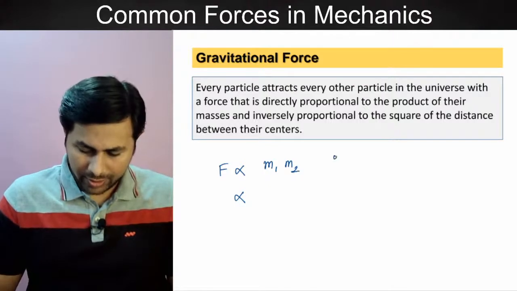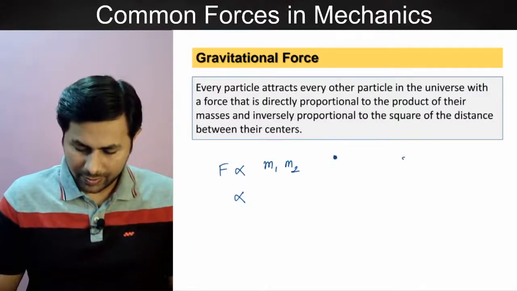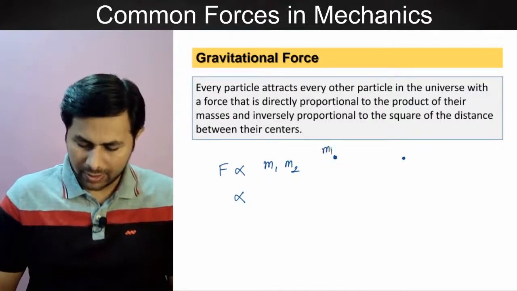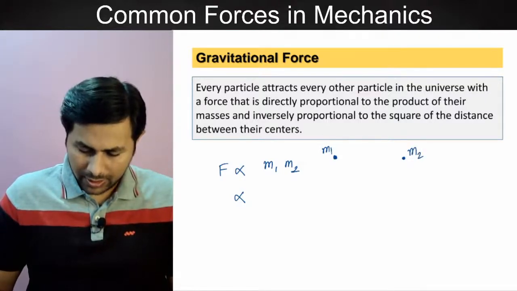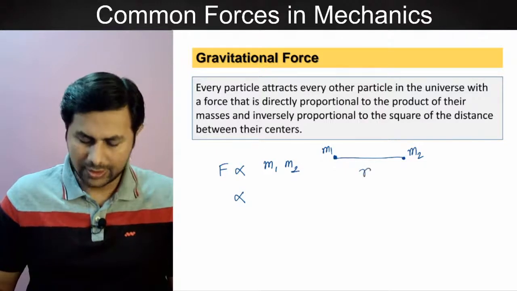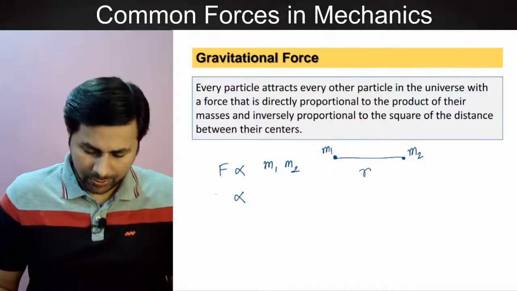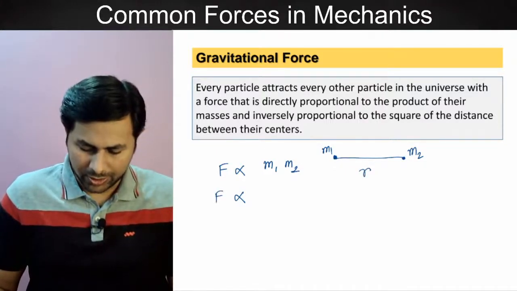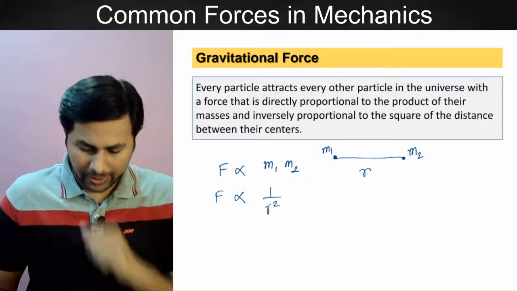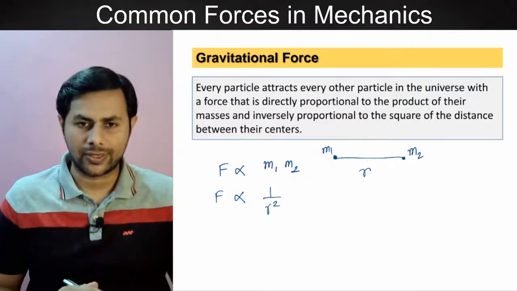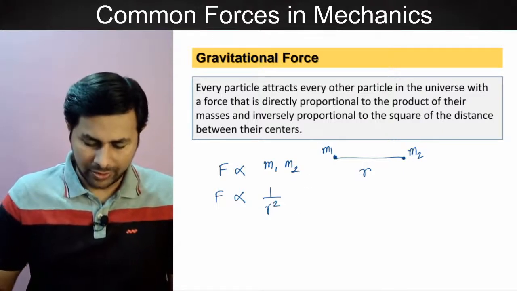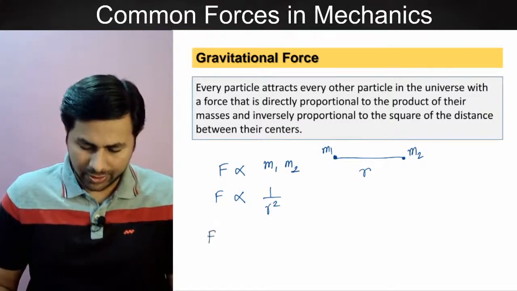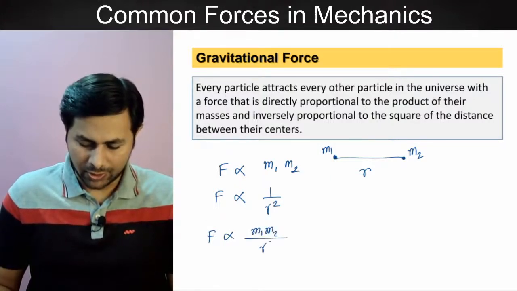So suppose this is the first body, this is the second body, their masses are m1 and m2, and the distance between them is r. So this force is inversely proportional to the square of this distance. Okay, so if we combine these two, we can write the force is proportional to m1 times m2 over r squared,